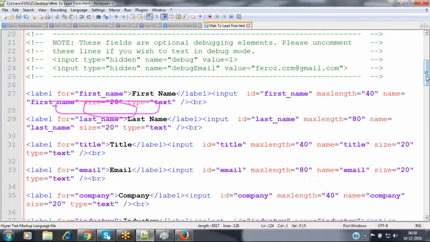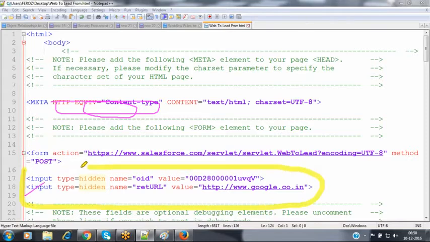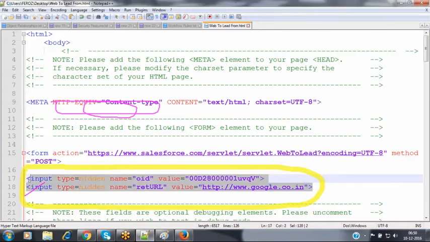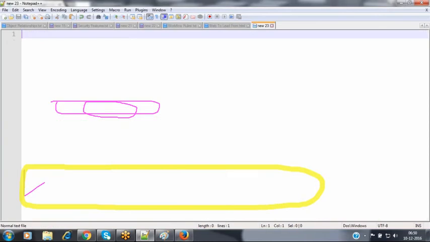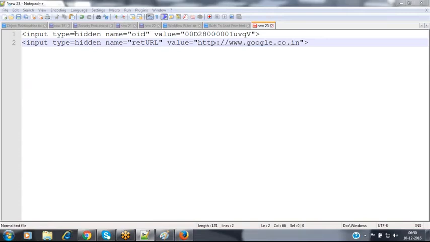Now, whenever you generate that HTML form, inside that you will have 2 fields that are very, very important. Inside that HTML code generated by Salesforce, it will have these 2 fields. These 2 fields are very, very important. Now, let me copy this 2-field code. This is the 2-field code available right now. These fields will look like hidden fields, which cannot be visible to you on the graphical user interface.